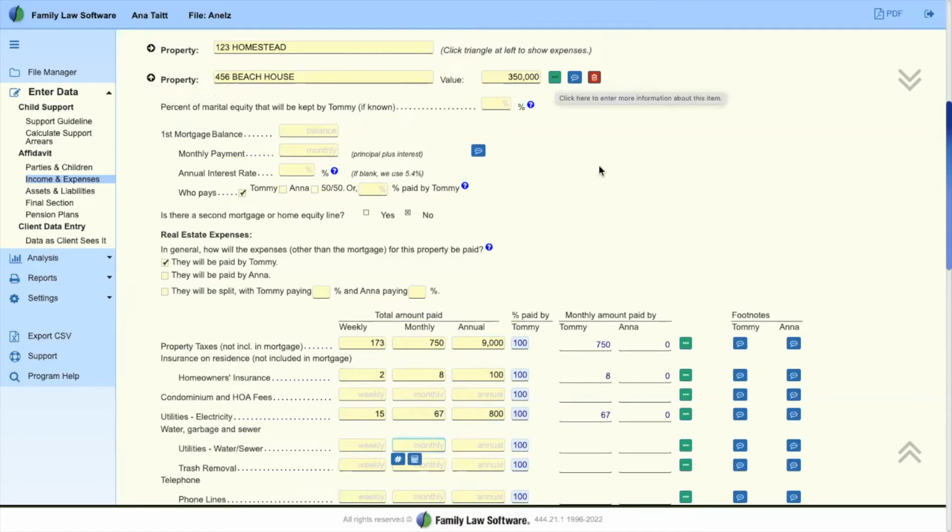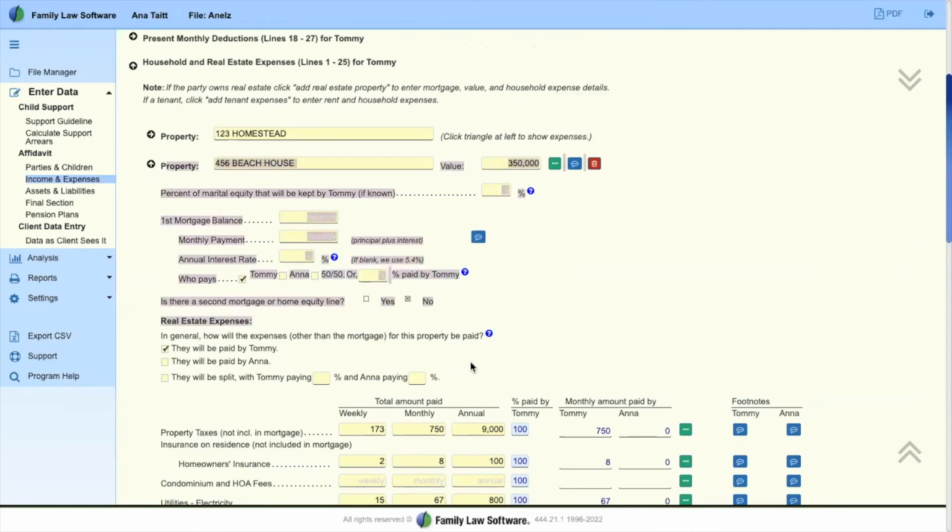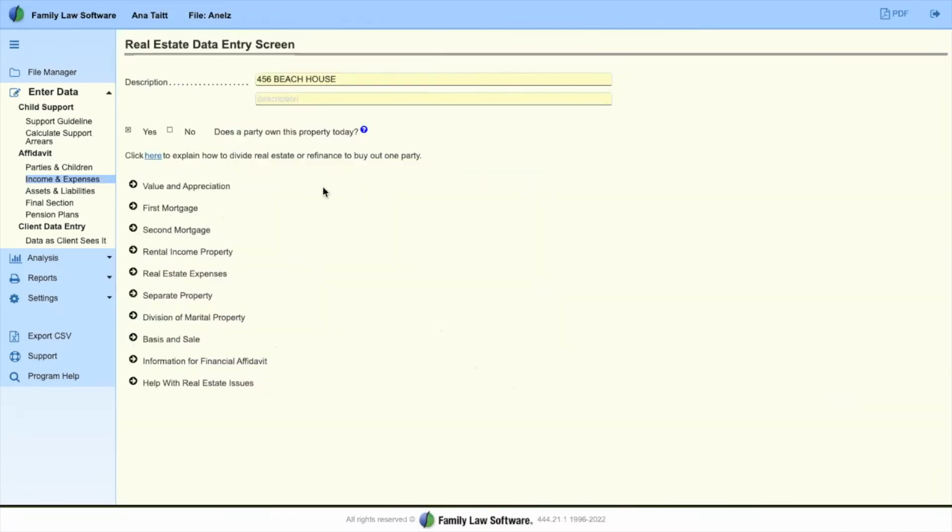The green box that I promised you. So if real estate wasn't complicated enough when you have a lot of properties in your cases, there's more. So this green box, you're going to see it everywhere in the program and the footnoting, but the green box for real estate in particular is really important. So when I click the green box, these are all other things that could affect the house. Is it going to be sold? Is there a second mortgage? Is it a rental property? Is it mixed? So if it's non-marital property, but it has